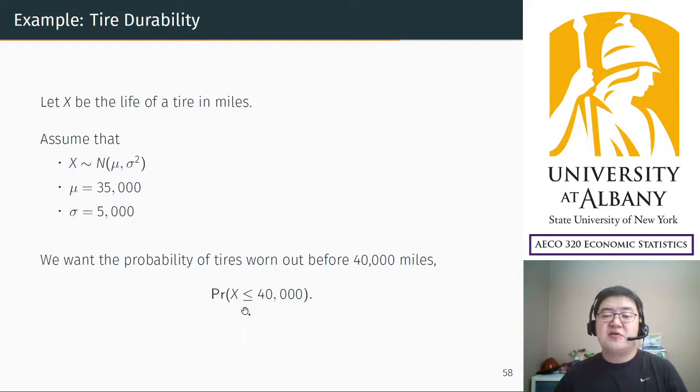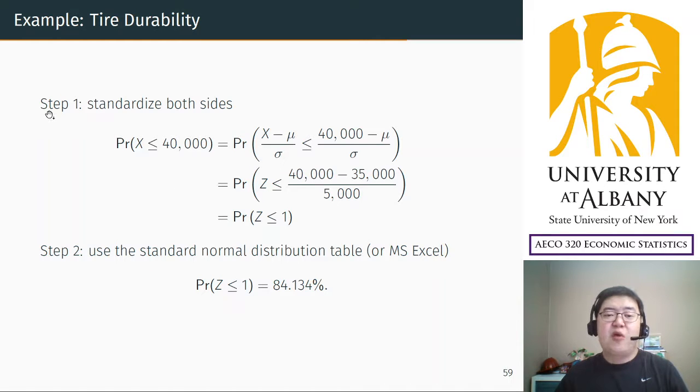Anyhow, we are interested in this probability. Let's follow the same steps. Step 1, standardize both sides. Remember, you standardize x, which is easy. Its result will be the standard normal distribution, but you have to standardize the right hand side too. Its counterpart has to be standardized in the same way, which is subtracting the mean and dividing by the standard deviation. And we know the mean and the standard deviation, so